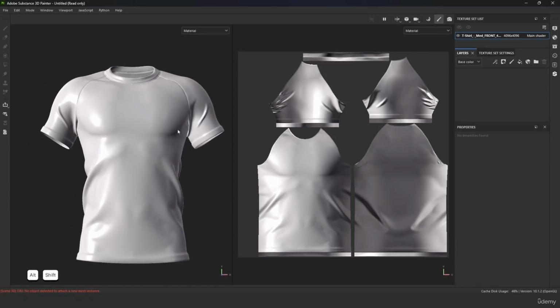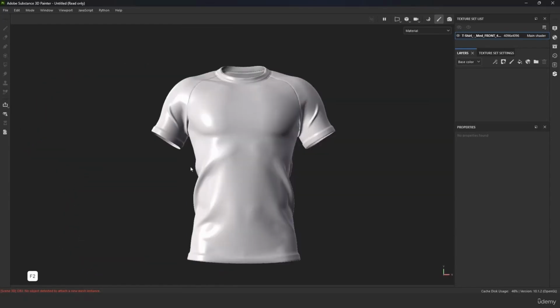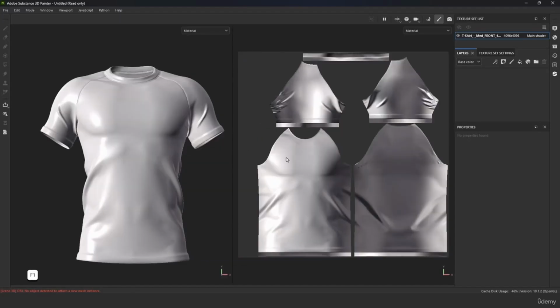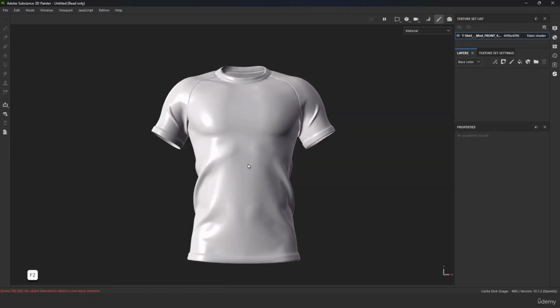And by hitting F2 to view only the 3D window, and F3 for the UV window, and F1 to see both. For now, keep it on just the 3D view. Before we dive into texturing, we need to do the baking process. Clicking on the baking option